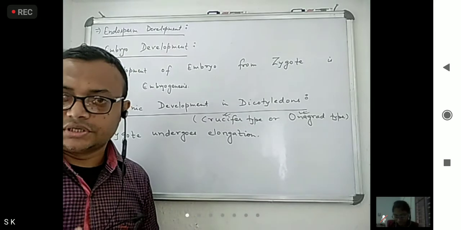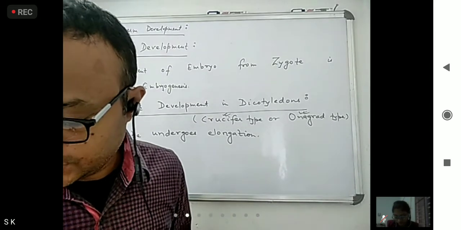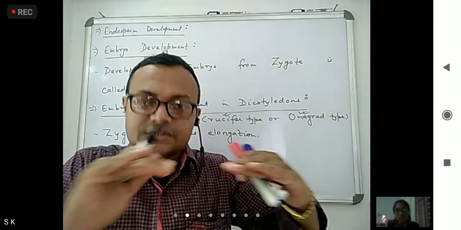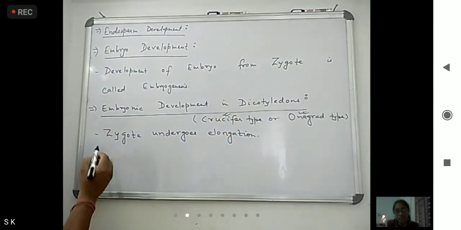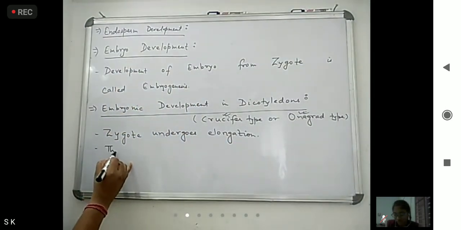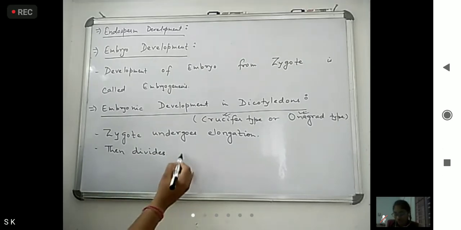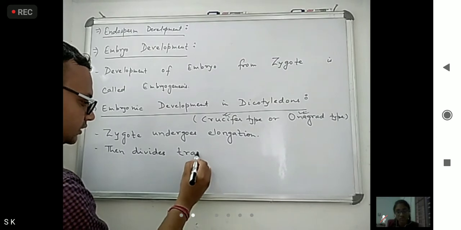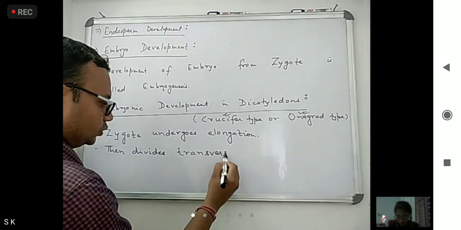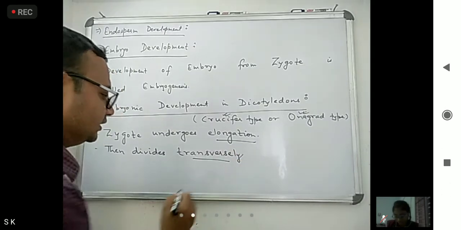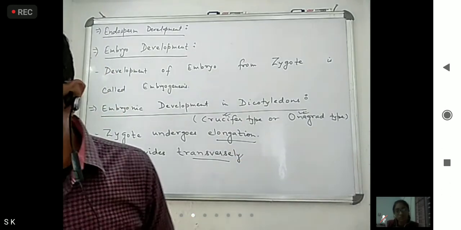Okay, first it undergoes elongation and then divides transversally. So first elongation, then it divides through what? Transversally